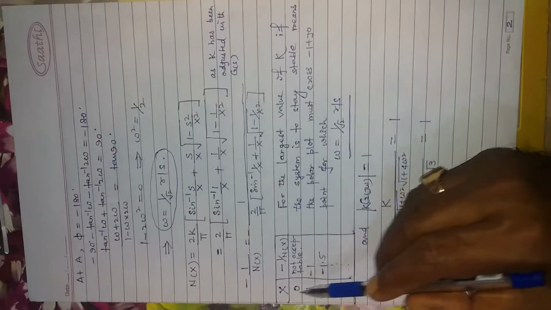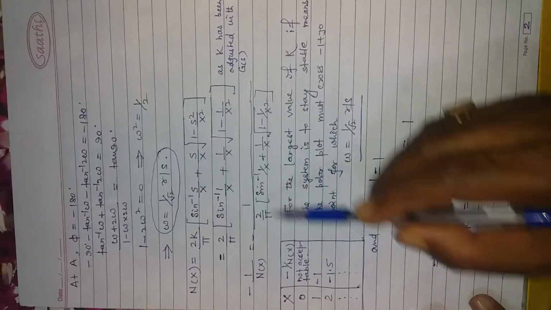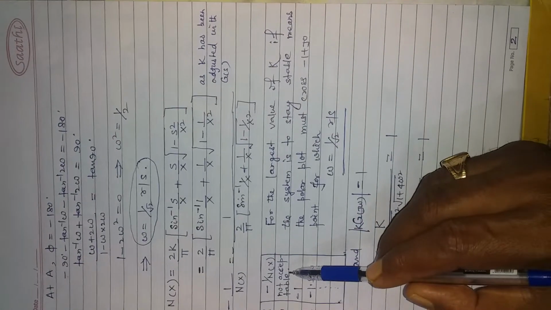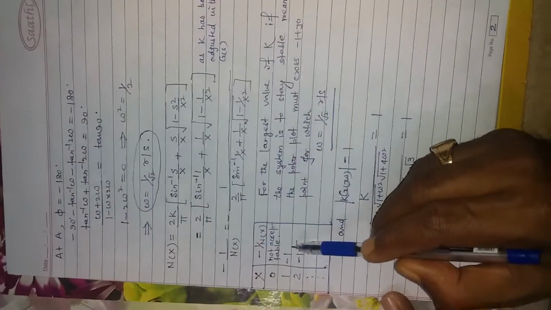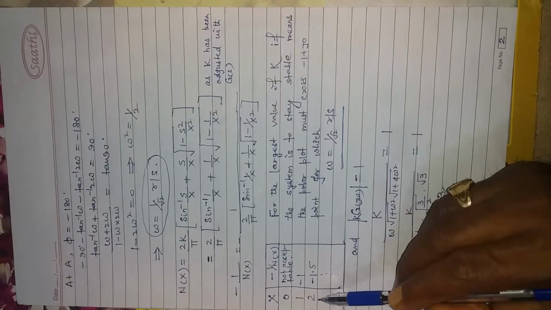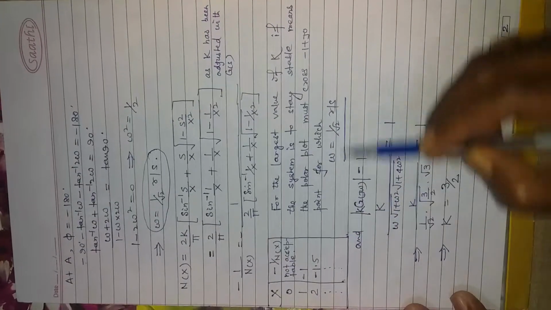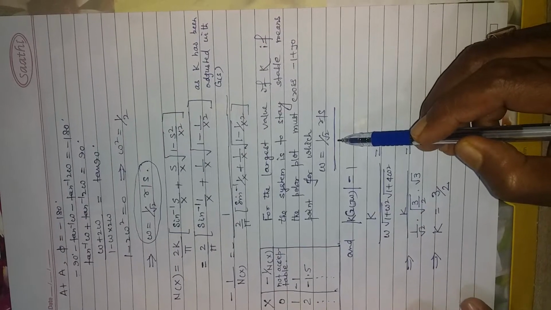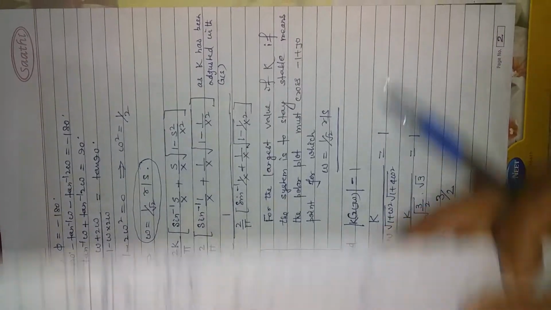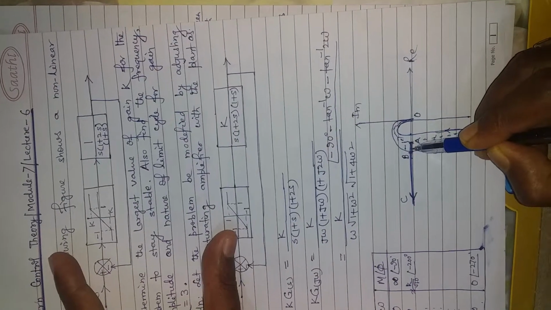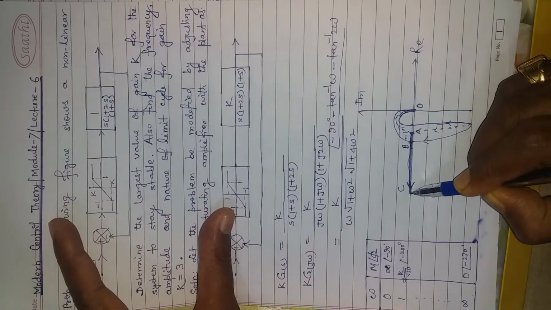So the table for X equal to 0, minus 1 by N(X) is not acceptable until X becomes 1, at which this one is minus 1, at 2 this is minus 1.5, and this continues. So the plot is like this, starting from minus 1 and it moves leftwards,